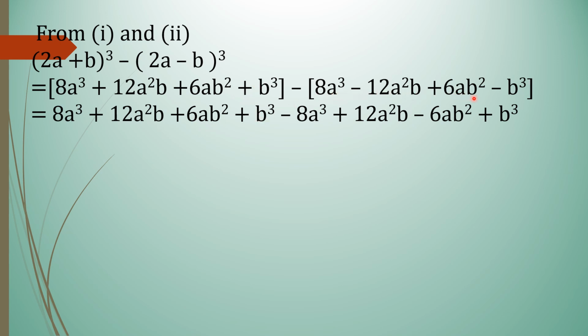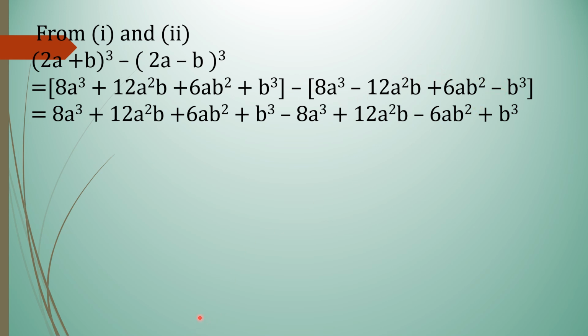Now, while removing the second term from the bracket, you have to pay attention. Outside, which sign is given, student? Minus. So your sign change takes place. So minus into plus, minus 8a cube. Now, minus into minus, plus. So your plus sign will come and 12a square b. Now, minus into plus, minus, so it will become minus 6ab square. Minus into minus, plus, and it will come b cube. You understood? Your sign changes because your outside minus is there. So the terms get the opposite sign.